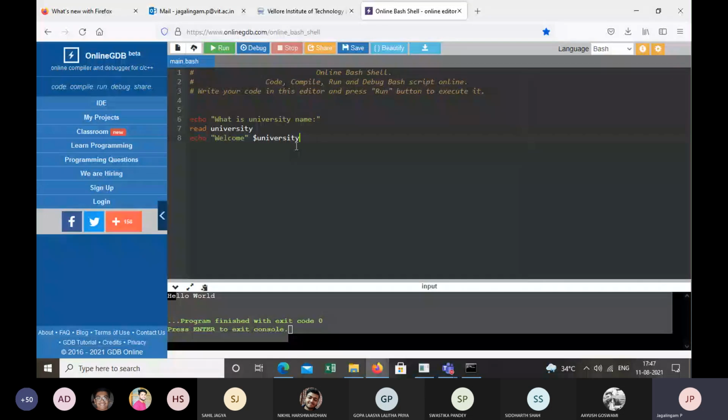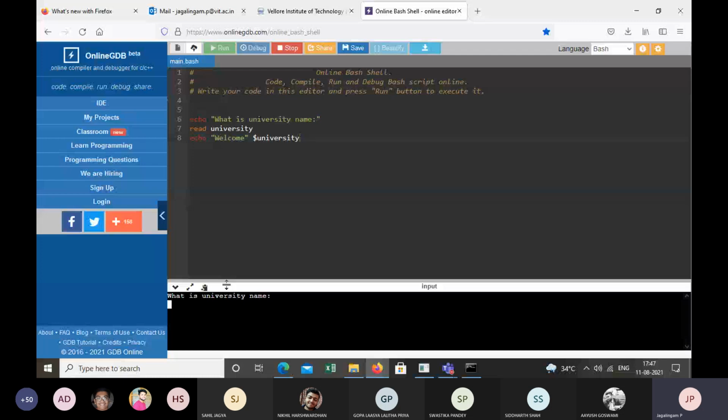Okay. Now, if I execute this, look at the console window. You get a statement: what is your university name? And I type it as VIT. Then what happens? Can you see the output? Yes, sir. So what do you understand by this?